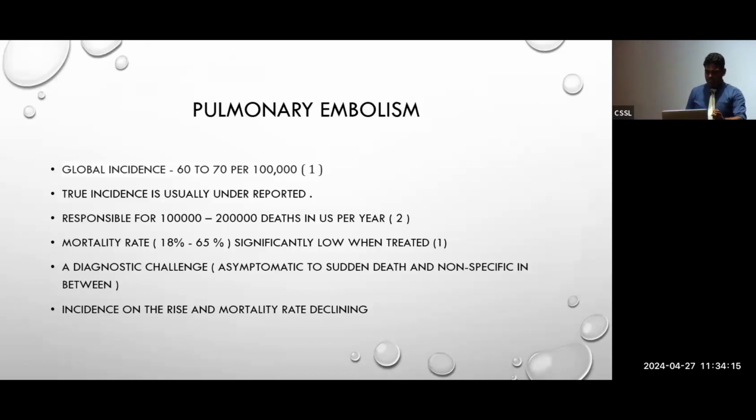So the incidence is about 60 to 70 per 100,000 patients, but it has a very high mortality rate, especially when the patients are not treated. The death rate is about 100,000 to 200,000 per year in the US, where the statistics are there. The problem with pulmonary embolism is that it's a diagnostic challenge. All the clinical symptoms and signs are non-specific. Therefore, you tend to sometimes miss the diagnosis and find it on postmortem,